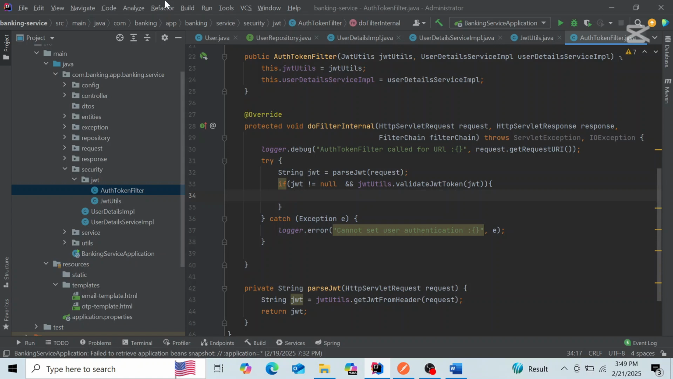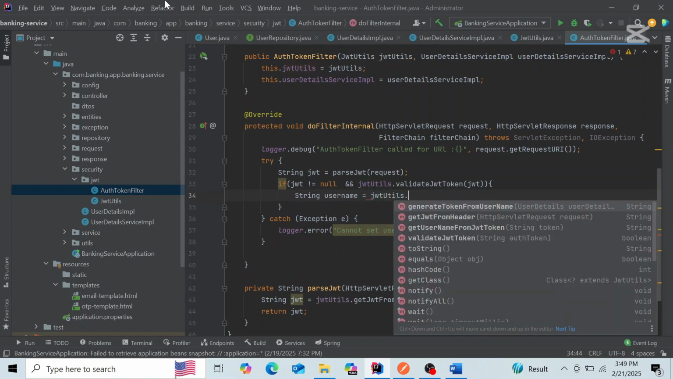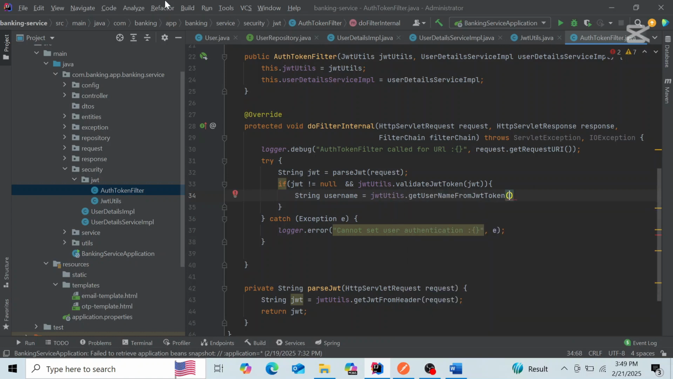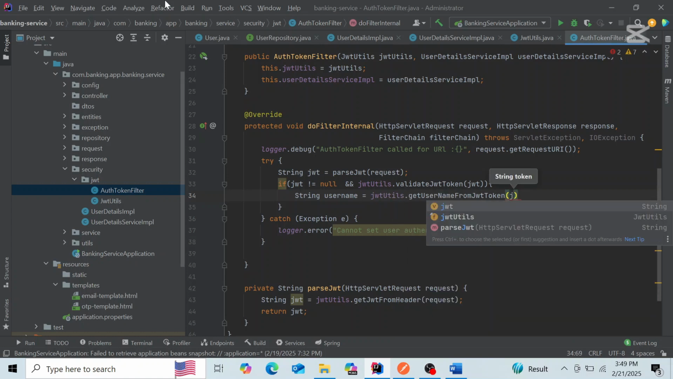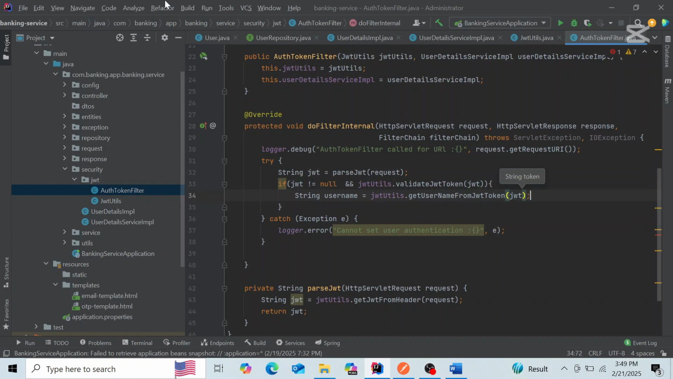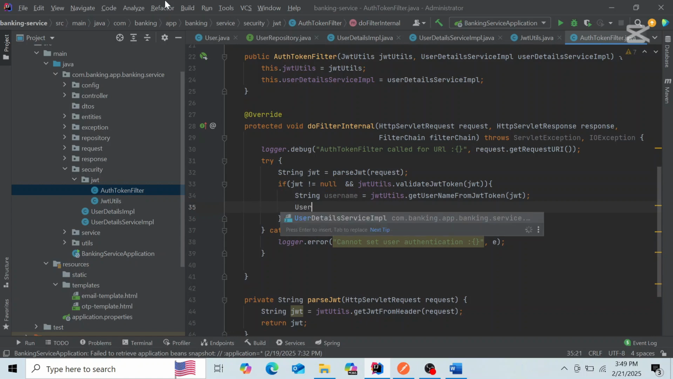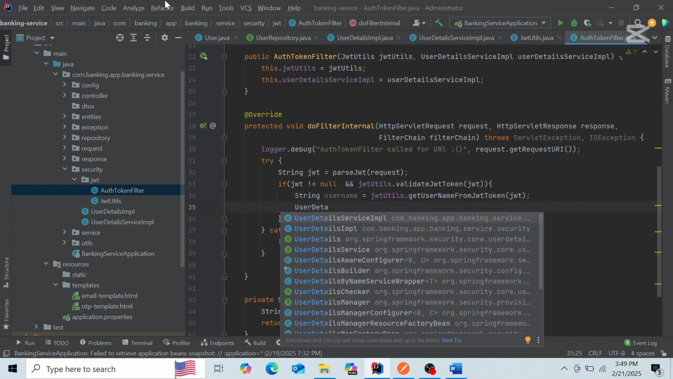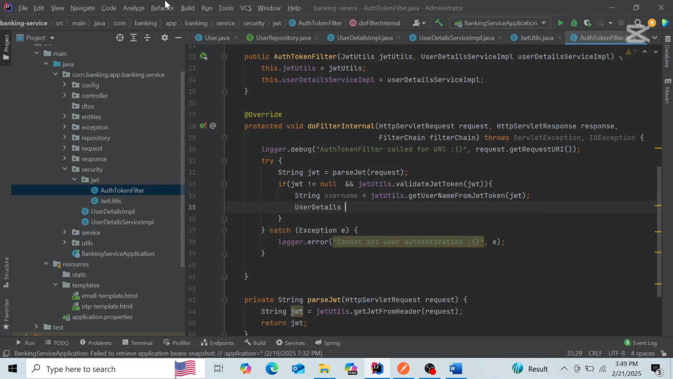Now I want to get the username. So I will say string username is equals to JWT utils dot get username from token JWT. Then say user details is equals to user